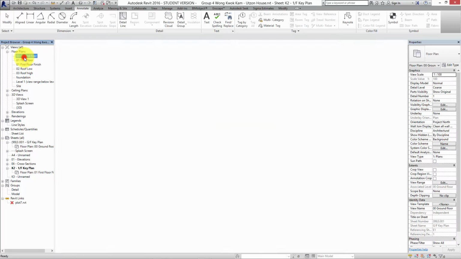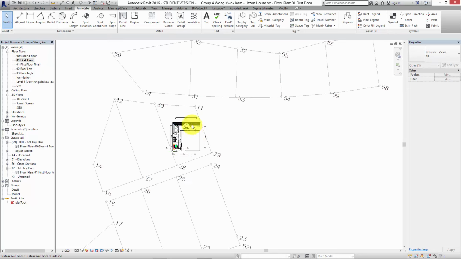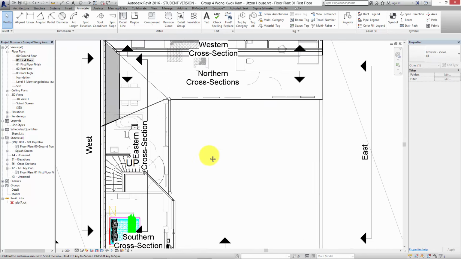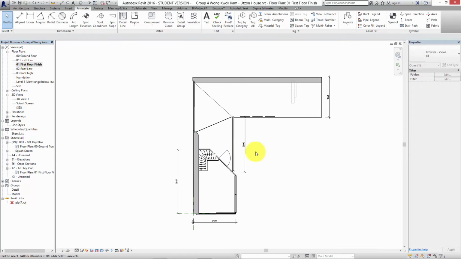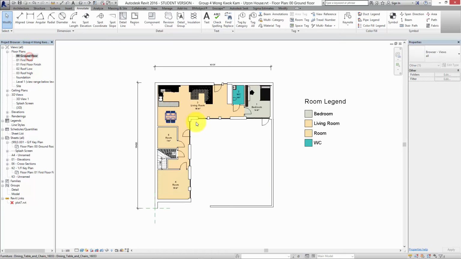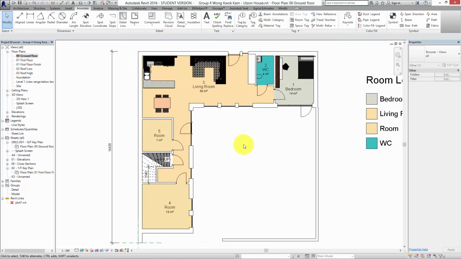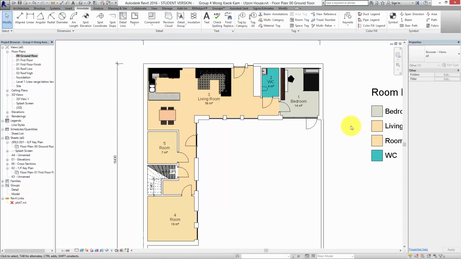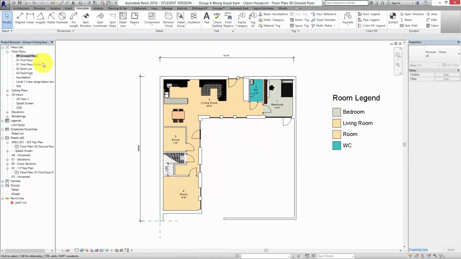So we've got the ground floor, and then we've got the first floor. Let's say you've done all this work on the ground floor plan, and you don't want to repeat all that stuff in terms of colors and settings and so on. You need to put in all the floor areas, obviously, because it doesn't know if you want to calculate them or not. But what you can do is